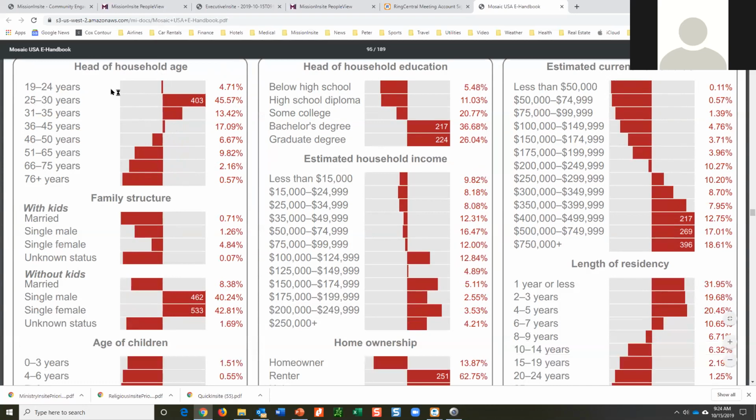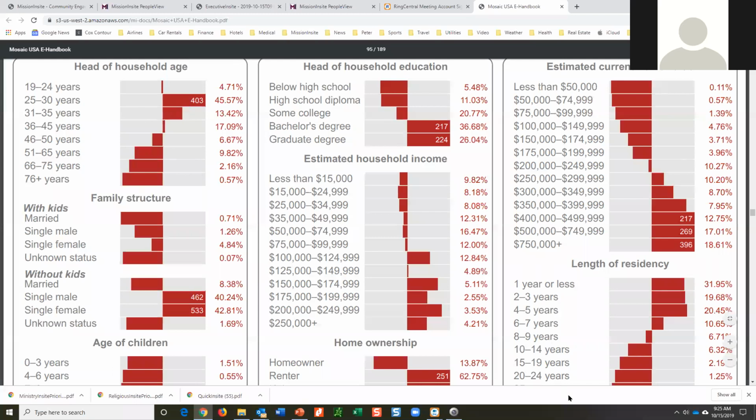So again, as we saw on the first page, the strength in terms of head of household age is 25 to 35. So these two are high above the US norm, and we have well over, almost 60% of the households in these categories. There are some in the others, not devoid, but again, what's the strength? What about without children? We can see we're probably not going to find a lot of children in these households.